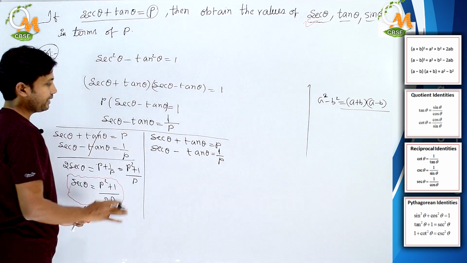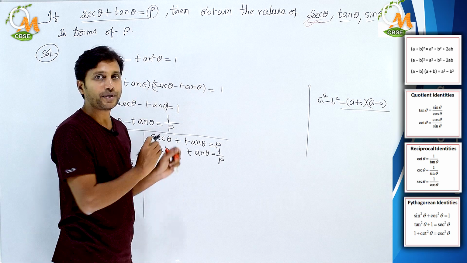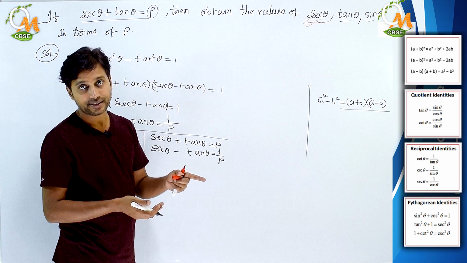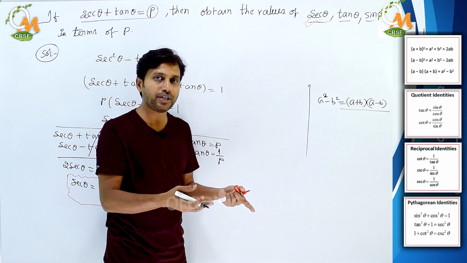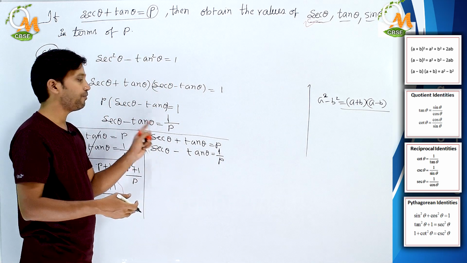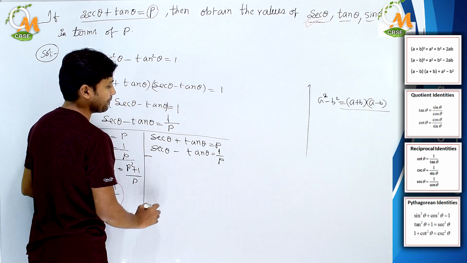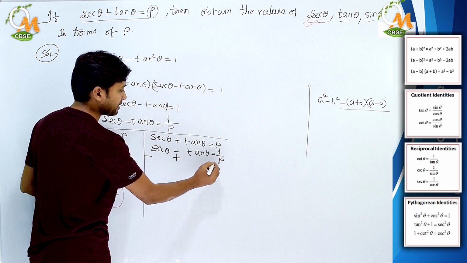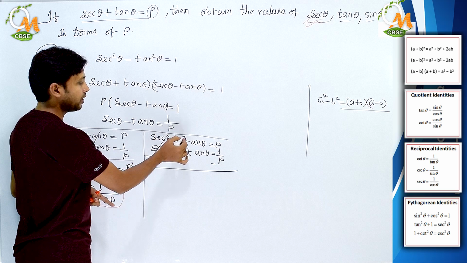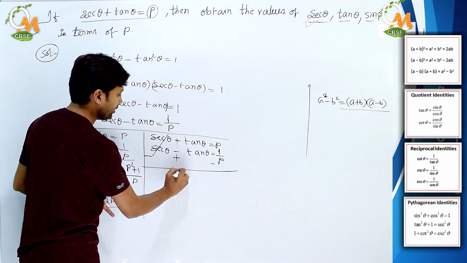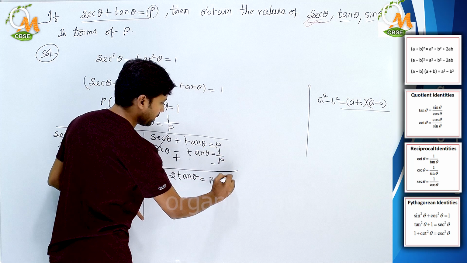Okay, just look at this. If you want to obtain tan theta from this, then how do you need to operate these two equations, whether to add or subtract? If you add these two, tan theta will be cancelled, so there is no chance of getting the tan theta value. What we have to do then? We need to subtract the second condition from the first condition. Then initially we need to change the signs. Since it is plus, this will be minus, and here it is minus, it will be plus, and here we will put minus. So now what happens? Here secant theta will be cancelled. Now tan theta and tan theta are added together, so we get 2 tan theta equal to, this would be how much? P minus 1 by p.